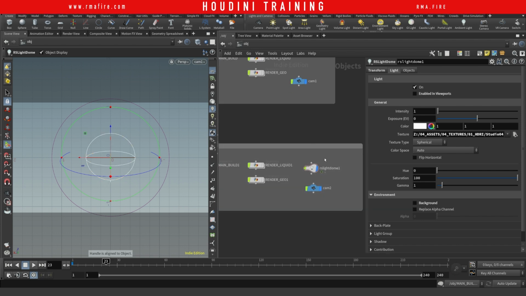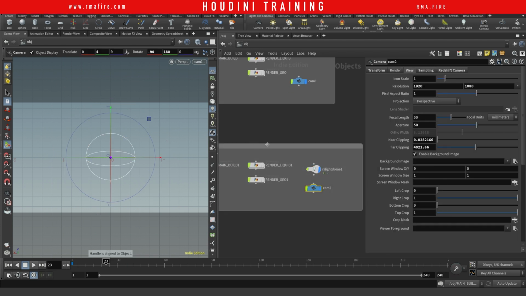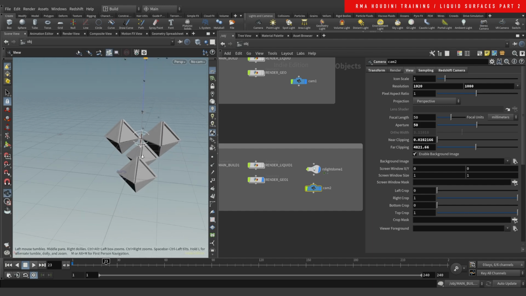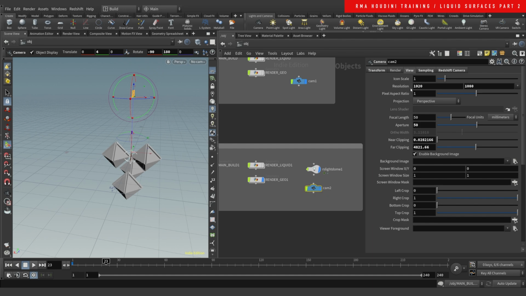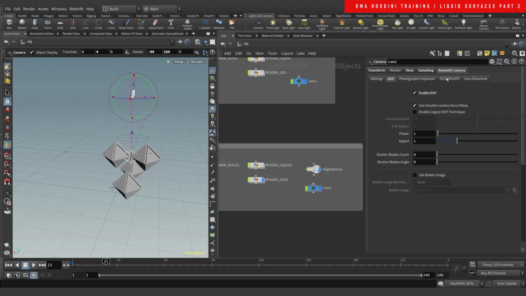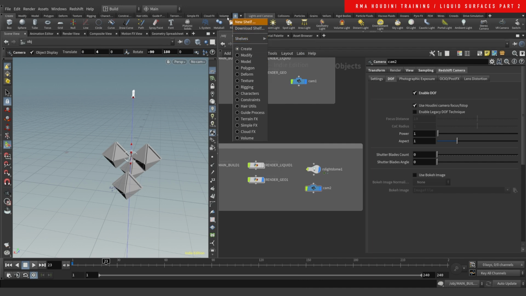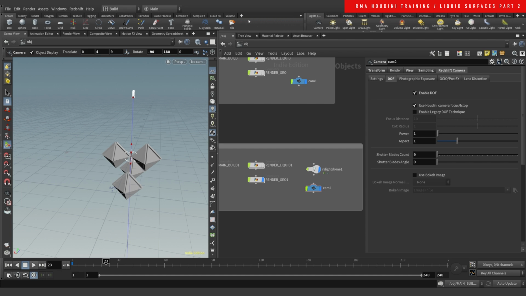So we set up. We have a camera. Let's look at the geo first. Let's have a look at what I did to the camera. My camera, I changed the view to the resolution that I wanted, and I changed the depth of field. So if you come here and you hit enter and Z on the viewport, you can control the depth of field here, but you gotta enable it here. If you don't see this tab, you gotta go here and do shell and Redshift. Enable Redshift here, and it's gonna show up on your